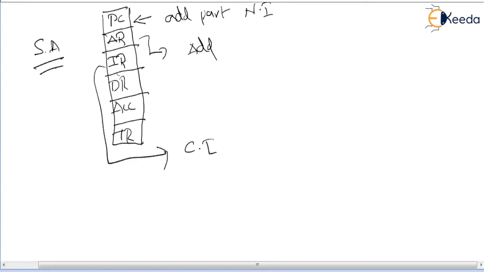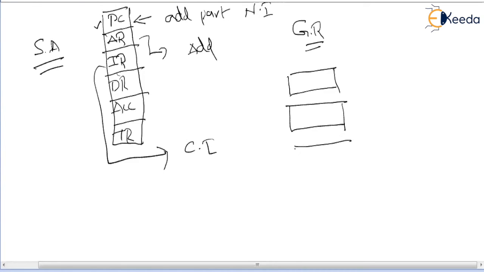But when it comes to the general register organization, in addition to these registers, I have several general purpose registers. These registers are named generally, there is no specific name for these registers. There can be any number of registers, that is R1, up to Rn.